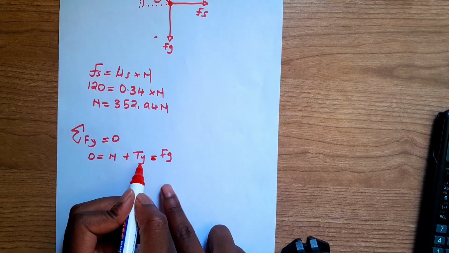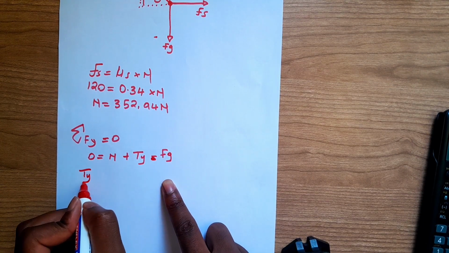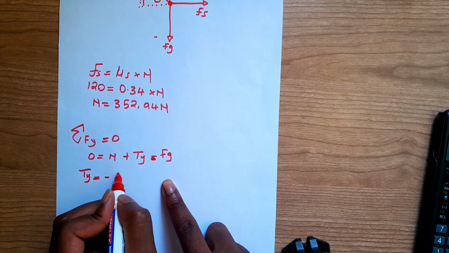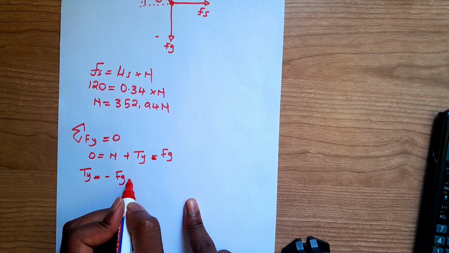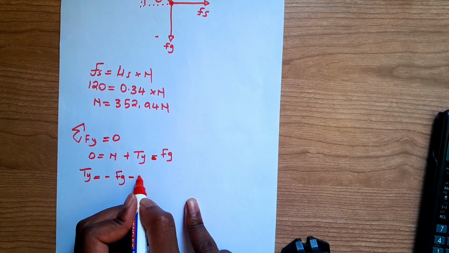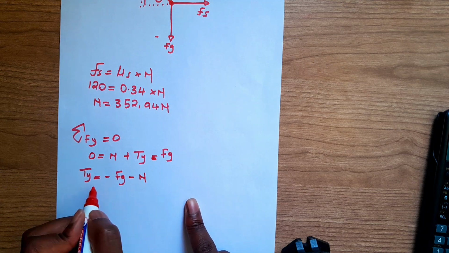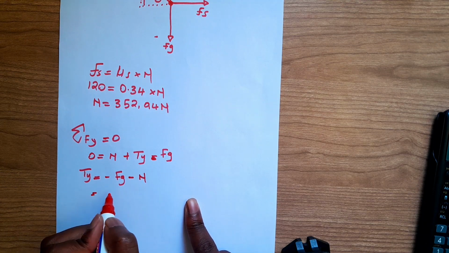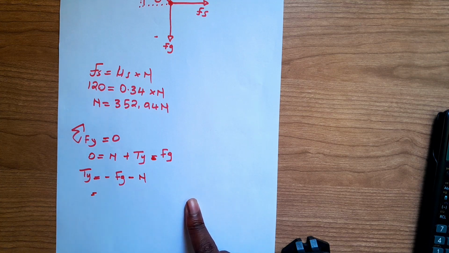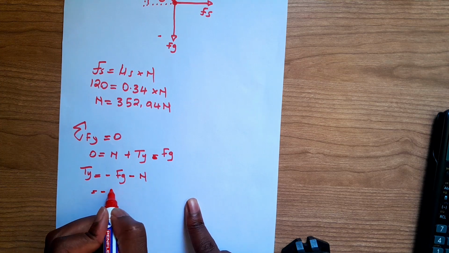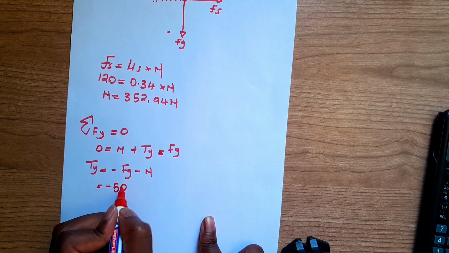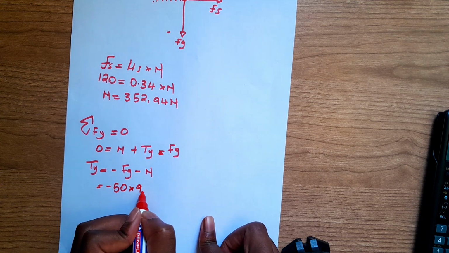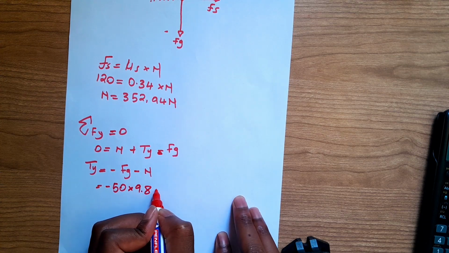So we are trying to find Ty. It means that Ty will equal, taking this to the other side, minus Fg, and the normal force to the other side, we're going to have minus N, right? And then we ask ourselves, what is Fg? Fg is actually going to be 50, because remember the mass of the parcel is 50 kg, times 9.8, and then we're also going to minus